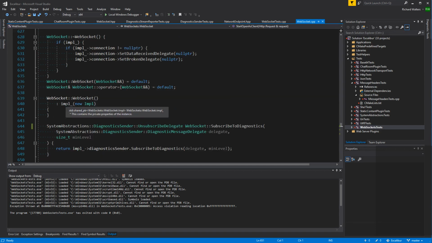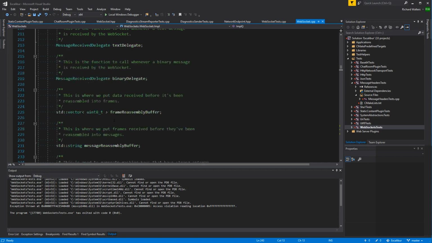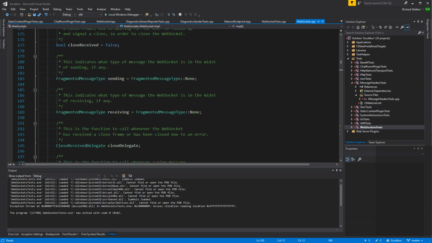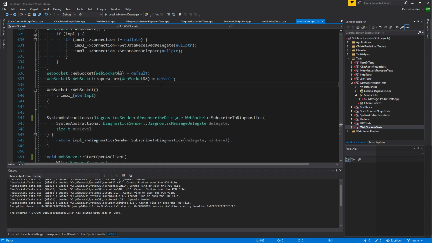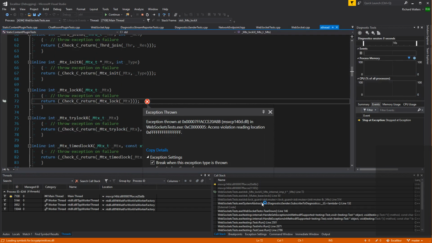Actually, no, impl is already a shared pointer, right? Okay, what is the problem again? Access violation.